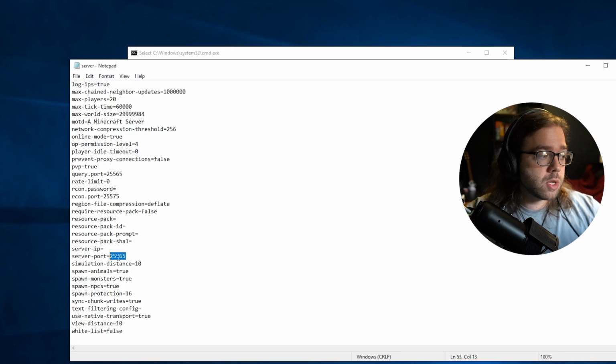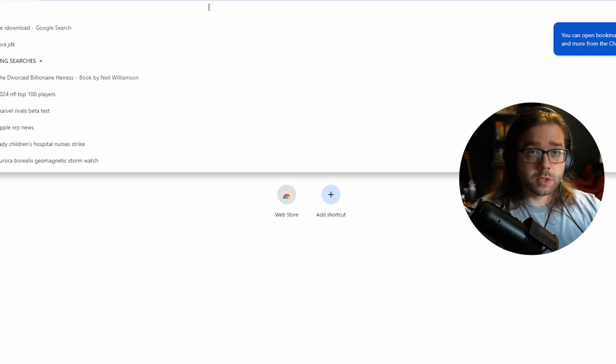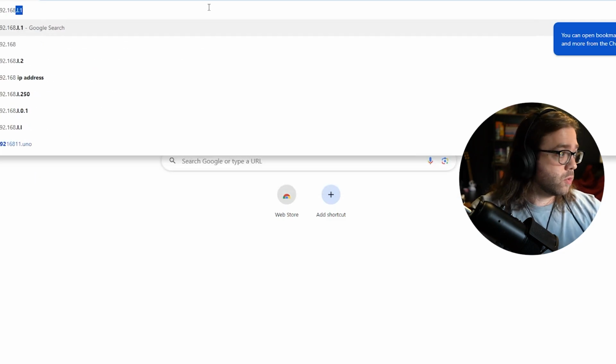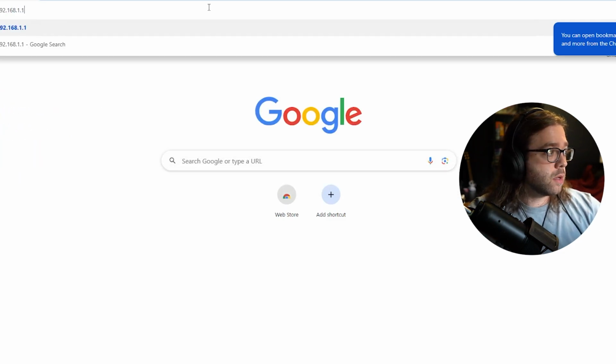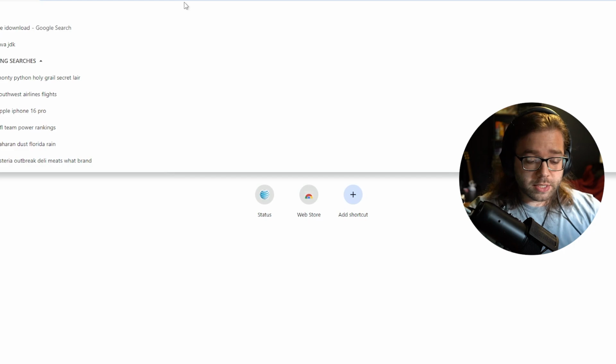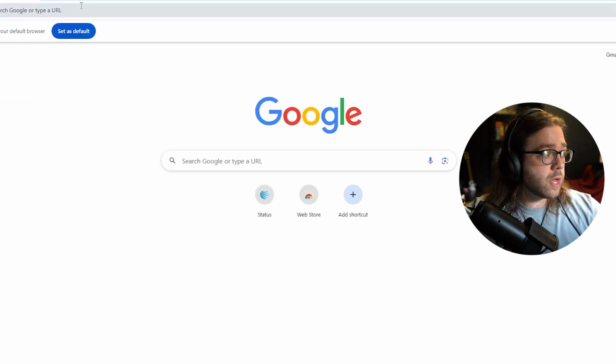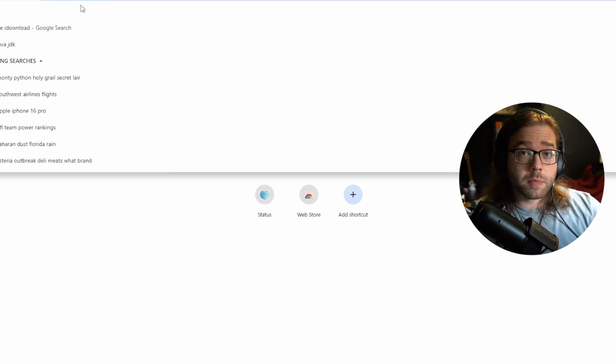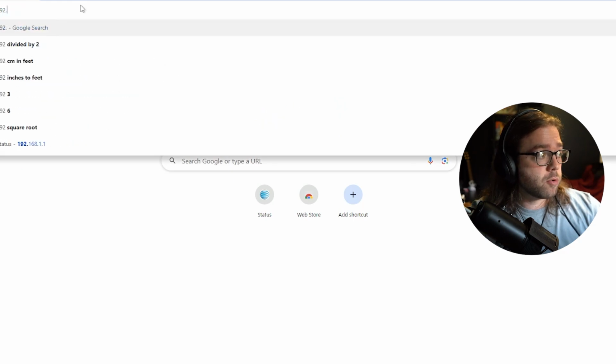So we need to make sure we jot this down or keep this open while we edit the firewall settings on your router. The very next thing we need to do is actually get into your router, and to do that we get that default gateway information that I just spoke about in command prompt, which is